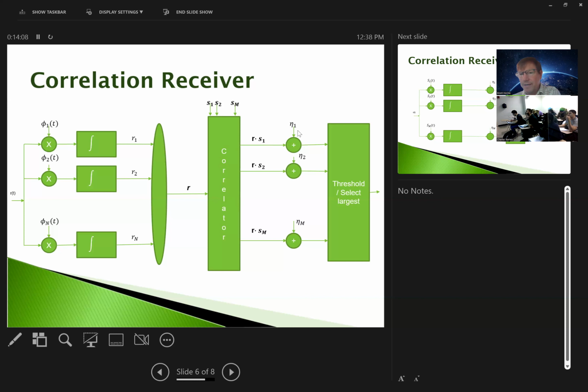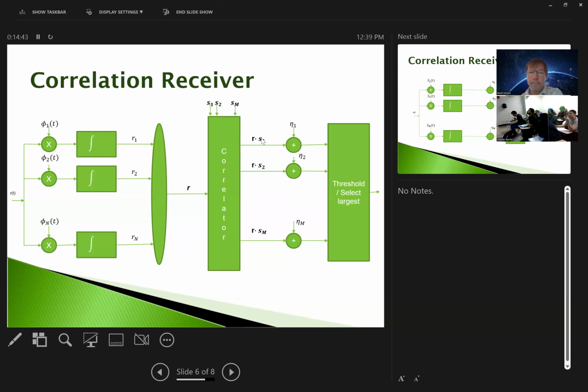Well, that's that funky little thing we had in our MAP receiver that encompasses some of those bias terms, right? And the bias terms aren't that important, except when you don't have equally probable symbols to begin with. So if they are not equally probable, then we end up with these bias terms here. So that's what's happening here. Now,